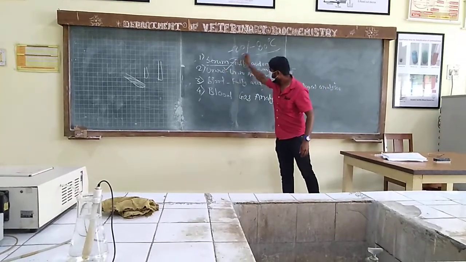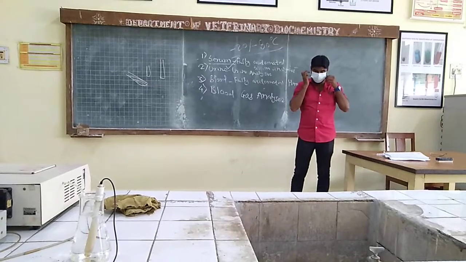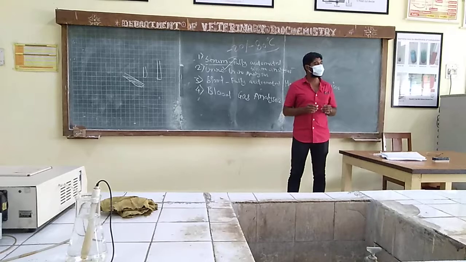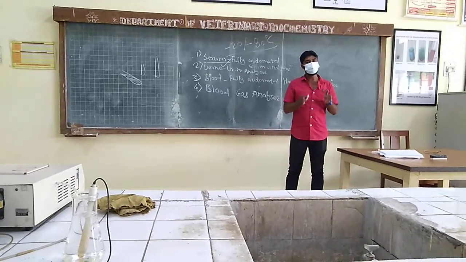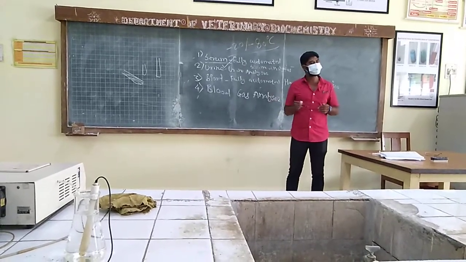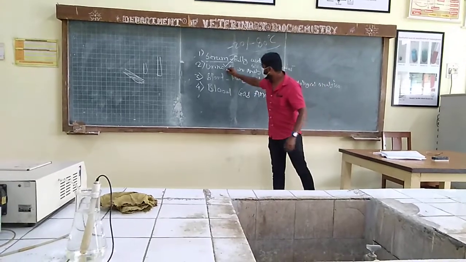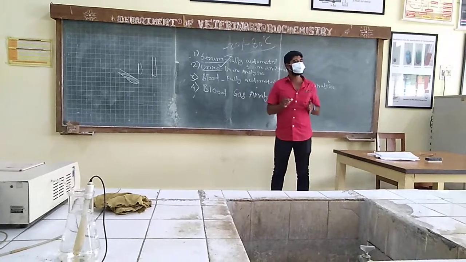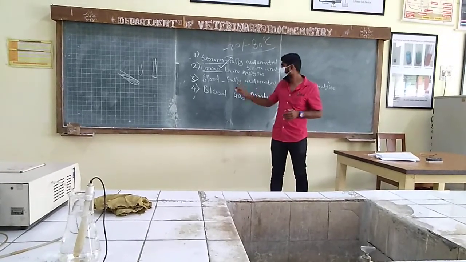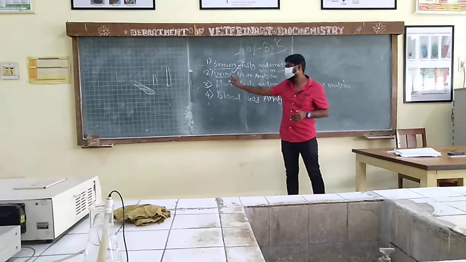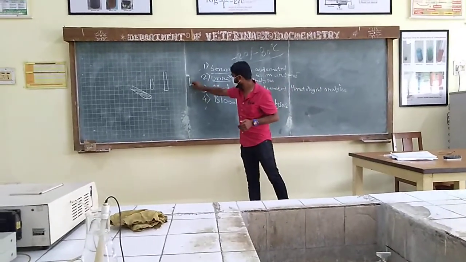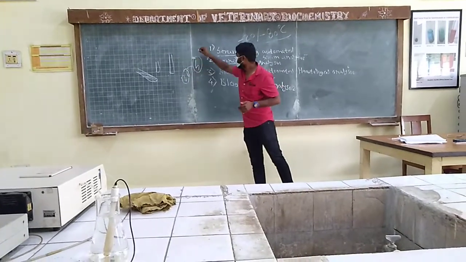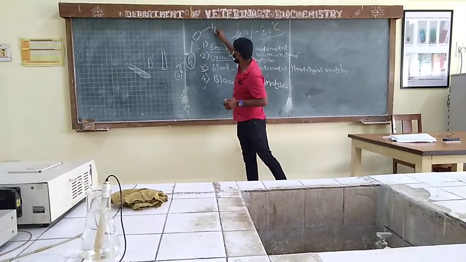Then, second thing is urine. For the collection of urine, always void the first collected urine sample, because it will basically have more contaminants, dust as well as bacteria. So whatever you collect the first time, throw a little bit of it and then collect the fresh urine, and that should be in an aseptic container, glass or plastic, it doesn't matter. You will store it at 0 degrees Celsius or 4 degrees Celsius. At 4 degrees Celsius, 24 hours, and for 0 degrees Celsius, say a couple of days, 3 to 4 days you can store it.